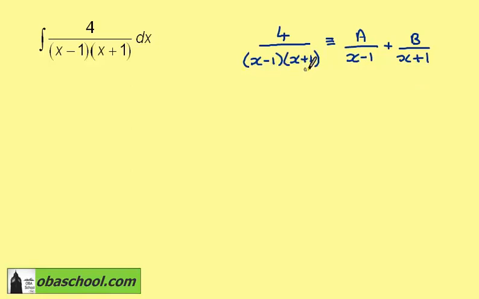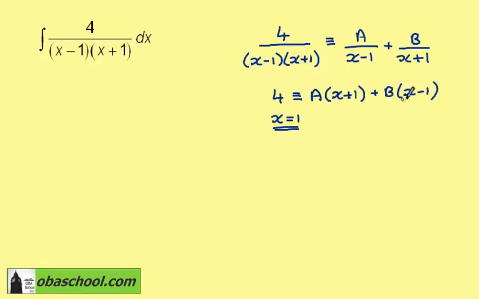Clearing the fractions by multiplying right through by this denominator, the left-hand side gives us just 4. If we multiply this term by this denominator, the x minus 1's will cancel, giving us a times (x plus 1), and multiplying this term by this denominator, the x plus 1's will cancel, leaving us with b times (x minus 1). If we now let x be equal to 1,